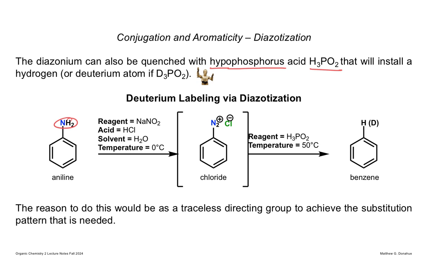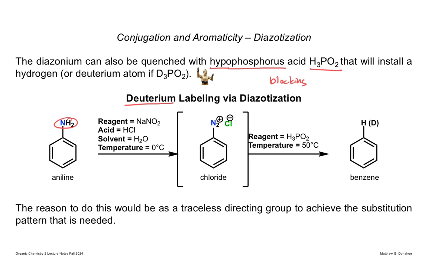Or you could use D3PO2, and that would just install a deuterium. So again, this is if you want to specifically label a position with an isotope, that's the stable isotope of hydrogen. Or the strategy really here is